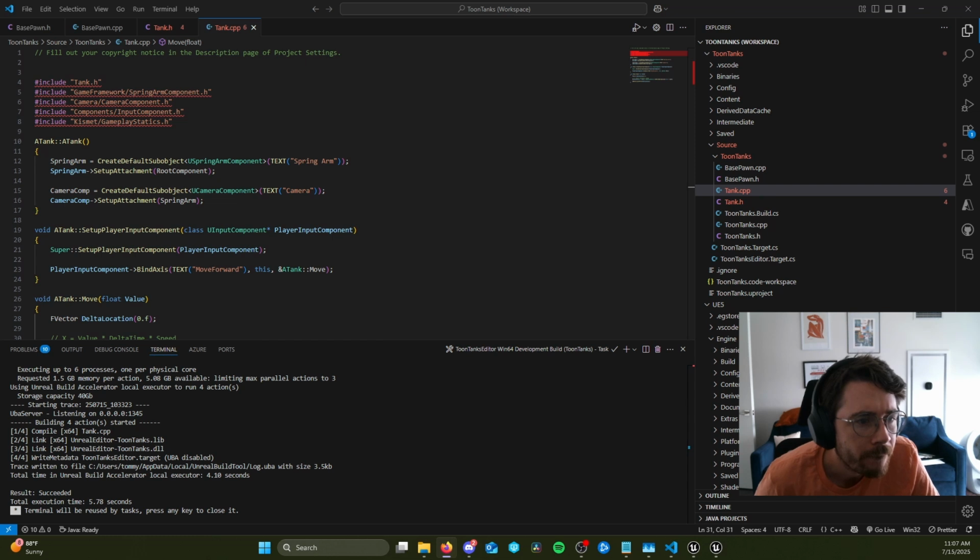Need to scroll down to the include line and copy this, and back in tank.cpp, I can paste it in. Now that I have access to gameplay statics, I can get delta time. So I'm going to multiply by gameplay statics, get world delta seconds. And